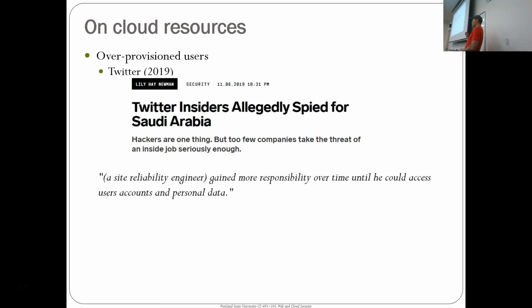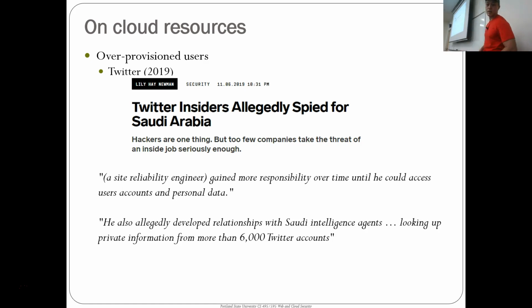Now, there should never be a case where an SRE should have access to a user account. There shouldn't be. But this particular engineer was able to. And then developed a relationship with some Saudi intelligence agents and then started exfiltrating that data to them. So this is a problem of a malicious insider.